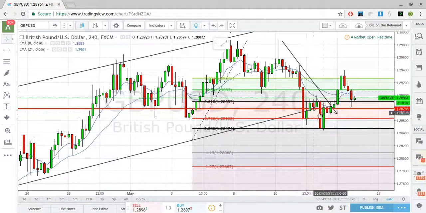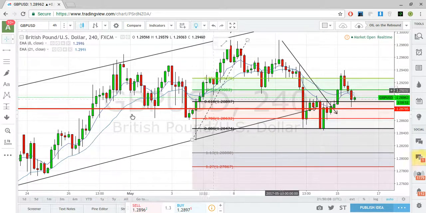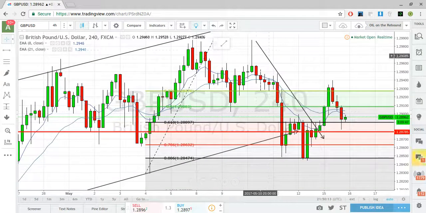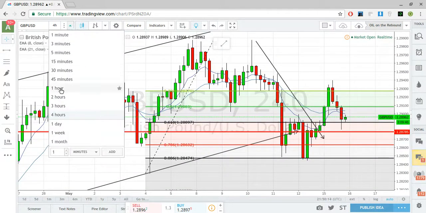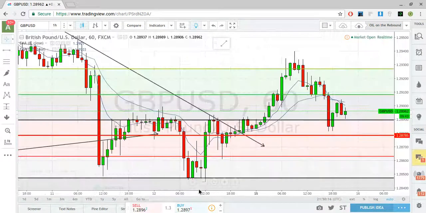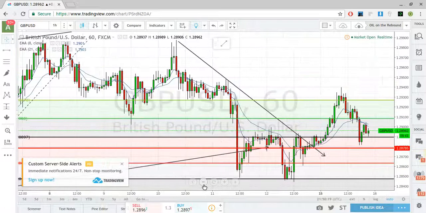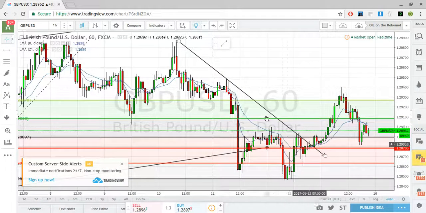Also a false breakdown of this trend line, and then also at a previous resistance area, which is now support, and that's this area. We now broke the counter trend line that I drew, and I'll show you on the 1 hour, because after this all happened, I wanted confirmation. We broke that here,